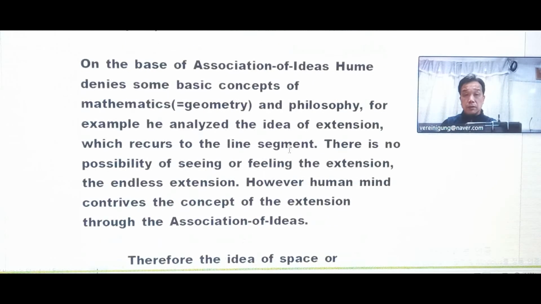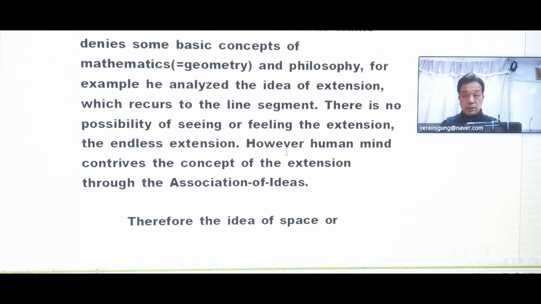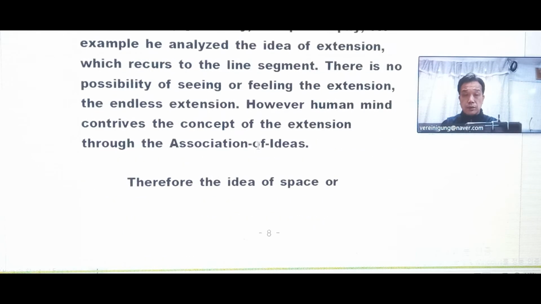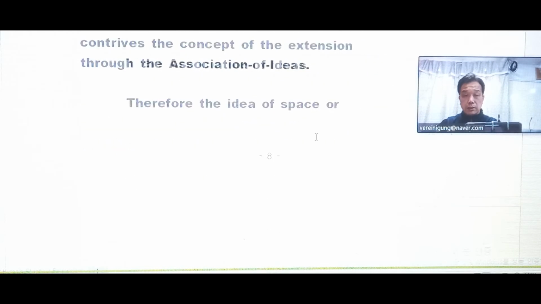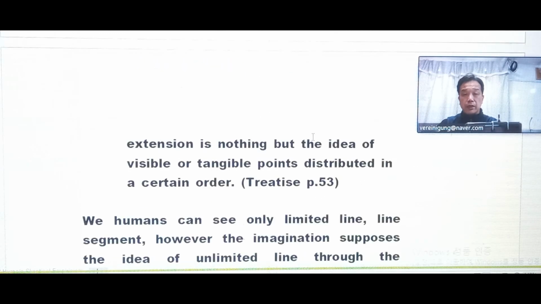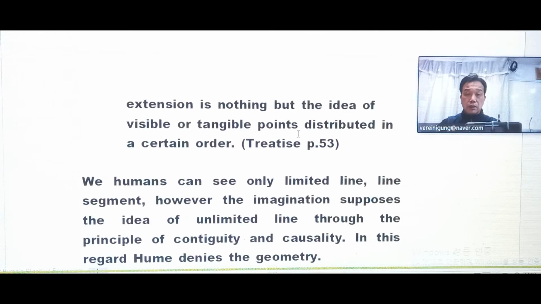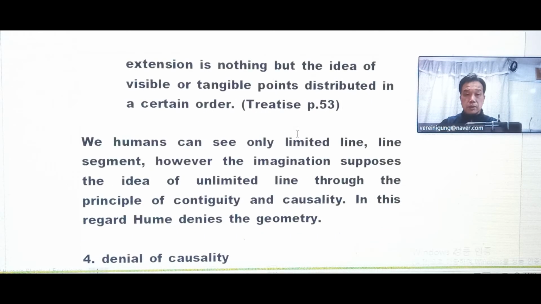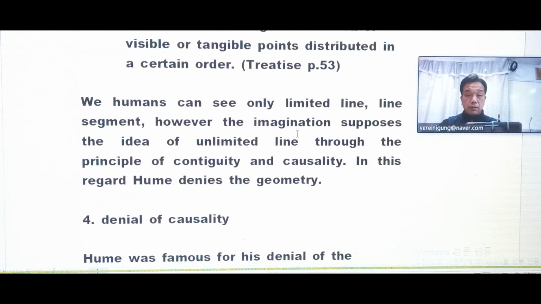The Treatise, page 11. On the basis of the association of ideas, Hume denies some basic concepts of mathematics, geometry, and philosophy. For example, he analyzed the idea of extension, which recurs to the line segment. There is no possibility of seeing or feeling the endless extension. However, the human mind contrived the concept of extension through the association of ideas. Therefore, the idea of space or extension is nothing but the idea of visible or tangible points distributed in a certain color. Treatise